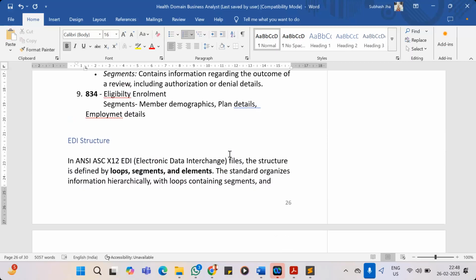So how will they know that? Sometimes we have to send this file to those providers. A lot of the time they don't need a file; the provider will log into our website called Availity. There they will get the member ID and they can check whether this person